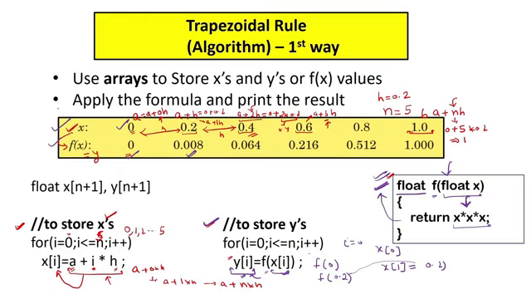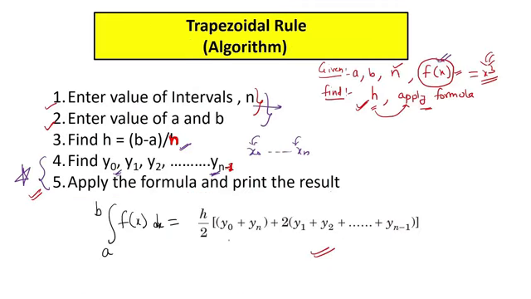Now the third thing is we have to apply the formula and print the result. So we can see that the formula is very simple. It is like the addition of the first term and the last term. And after that, we can just add all the remaining values from y1 to yn minus 1. So this is simple, like you just add in a single line y0 plus yn. Then you can just use a loop to add all these values y1 plus y2 and so on. And after that, in a single line, you can just apply the formula as h by 2 into,